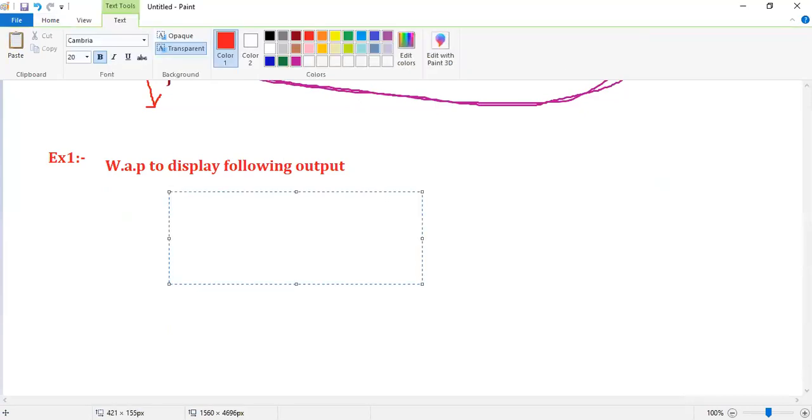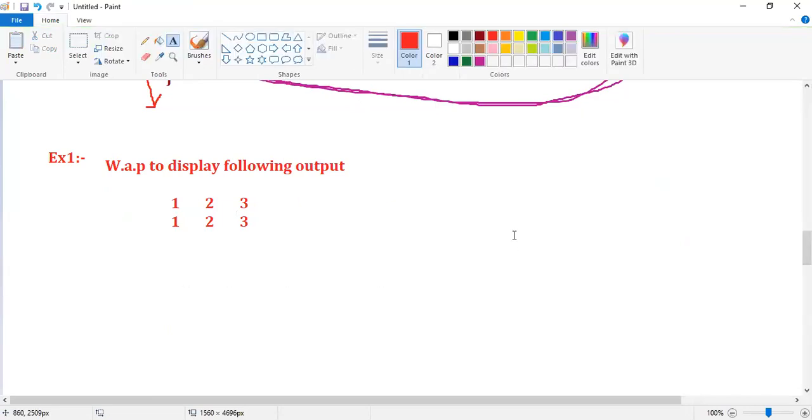I want to display the output as 1, 2, 3; 1, 2, 3. This is the output which I need, guys. Observe, this is the output I want to display: 1, 2, 3, 1, 2, 3.